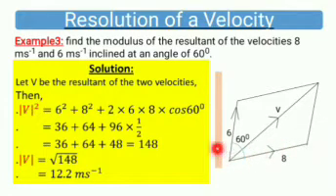Then the incline is at an angle of what? 60 degrees. So we need to draw the resultant here. Let phi, this velocity, be the resultant of the two velocities, this one and this one. Then here now, to find this